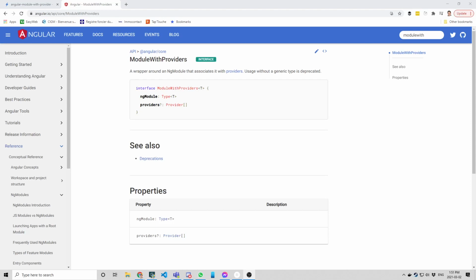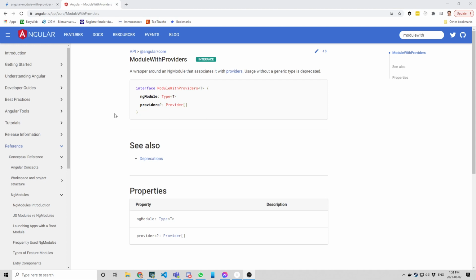So today we're going to take a look at ModuleWithProviders. It's an interface in Angular core. And although you might not know about ModuleWithProviders, you undoubtedly have been using it. If you're involved in Angular and you're working on Angular apps, it's almost certain that, unbeknownst to you maybe, you're